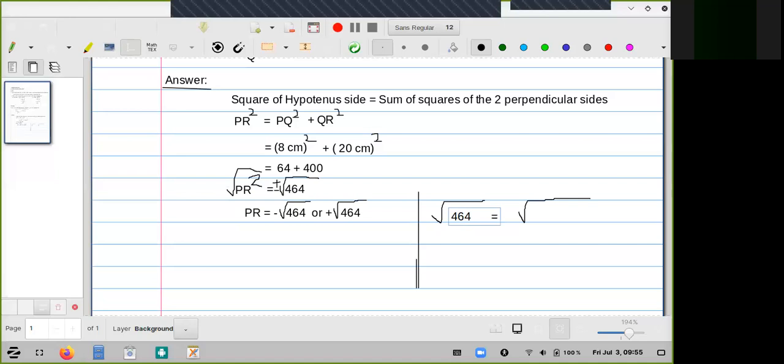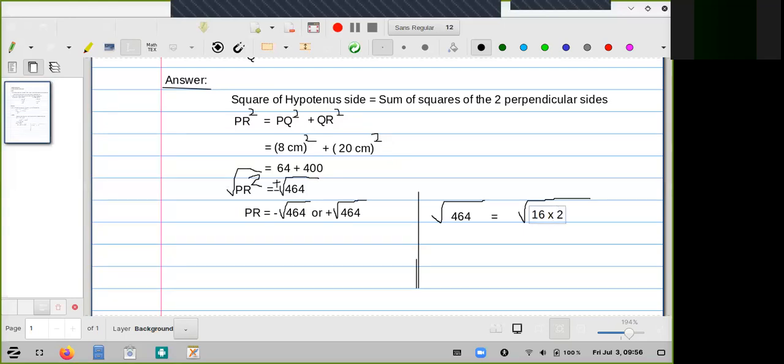My factors are going to be a perfect square and the other one a non-perfect square. The perfect square that we have as a factor in 464 is what? It's 16. So it is 16 multiplied by 29,